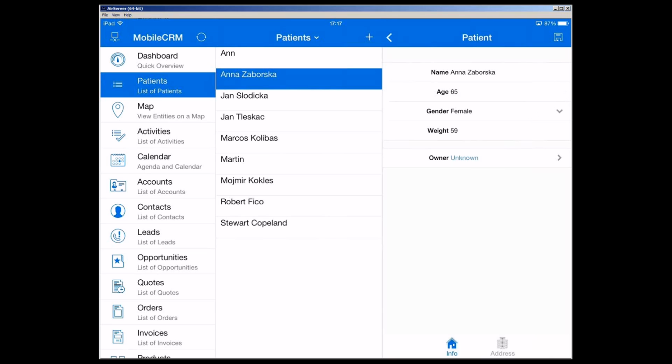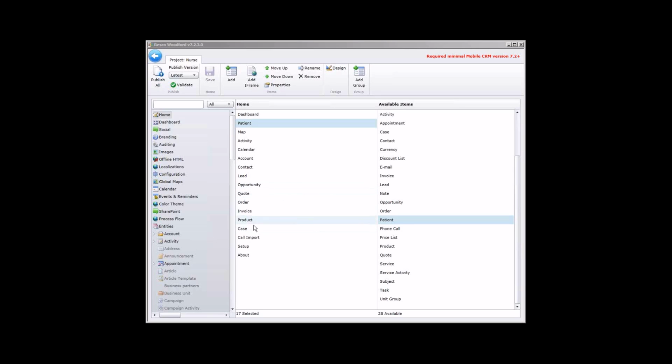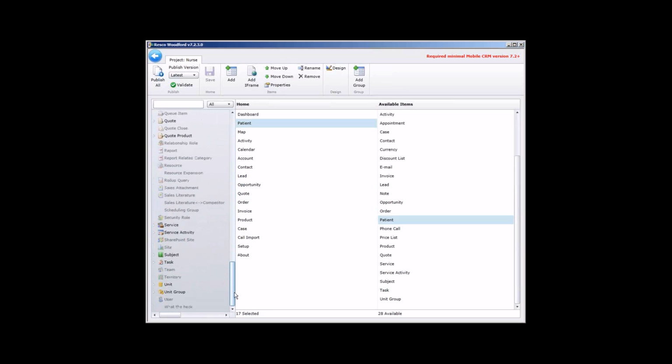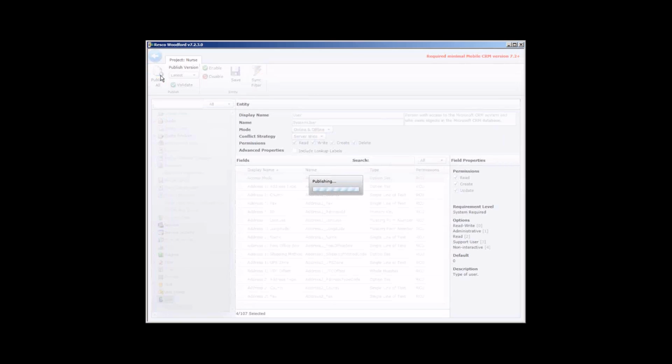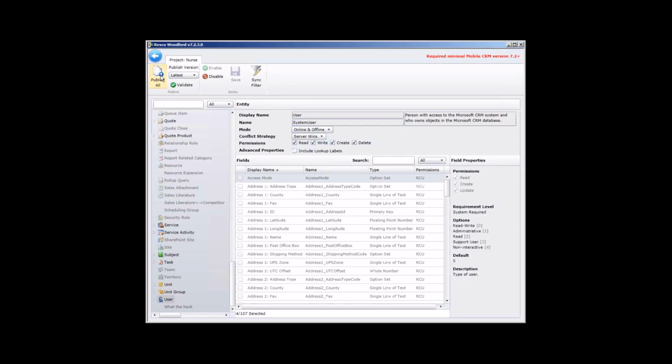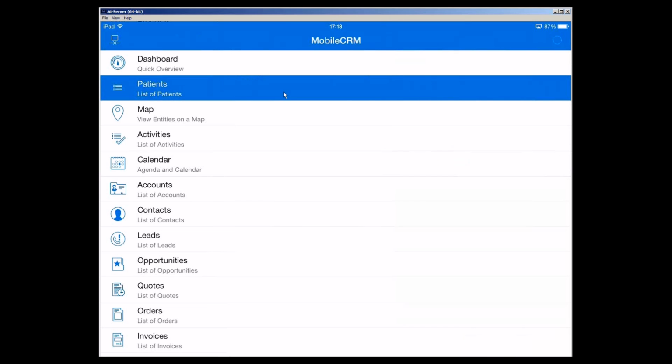So let's get back to Woodford. And very simply, let's just find the user entity here. Here it is. And I'm just going to enable it. I'm not going to create any views or forms for it. I'm just going to enable it. This means that I enabled this for synchronization. So when I synchronize the mobile device application,